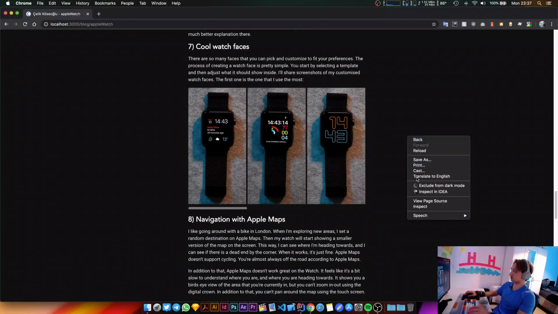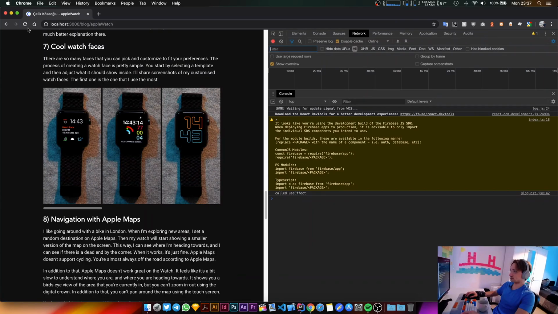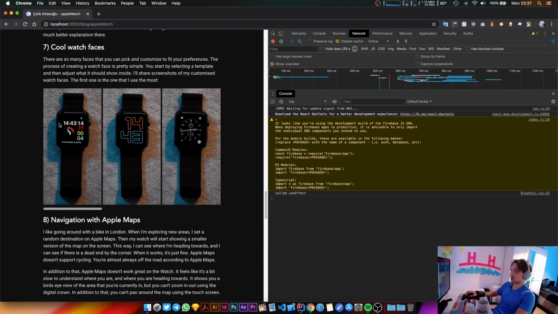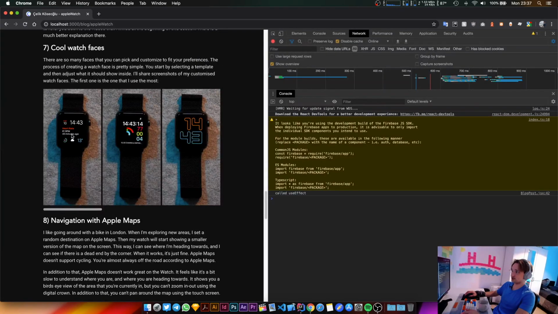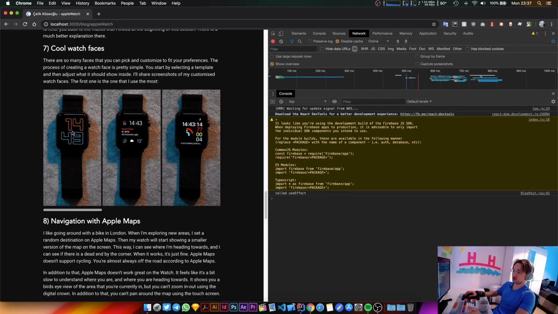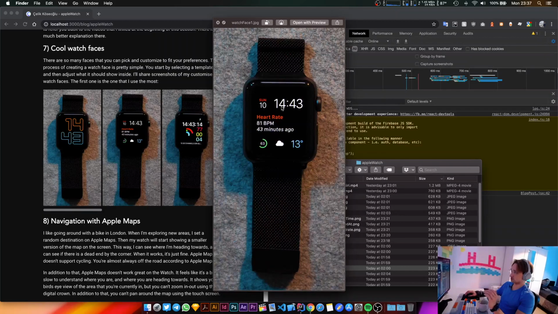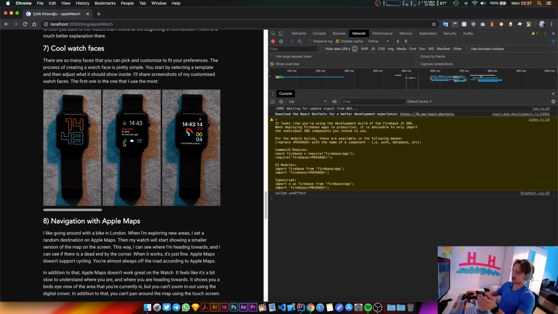Let me demonstrate the problem. So let's disable the cache and let's refresh this website. You're going to see the first watch face has changed, and then refresh again. Well, the first one is showing correctly now, and then try again. Another watch face is showing up, and the first watch face that I want to show is this one, and in this case it's the second one, and I want to make sure that we maintain the order,